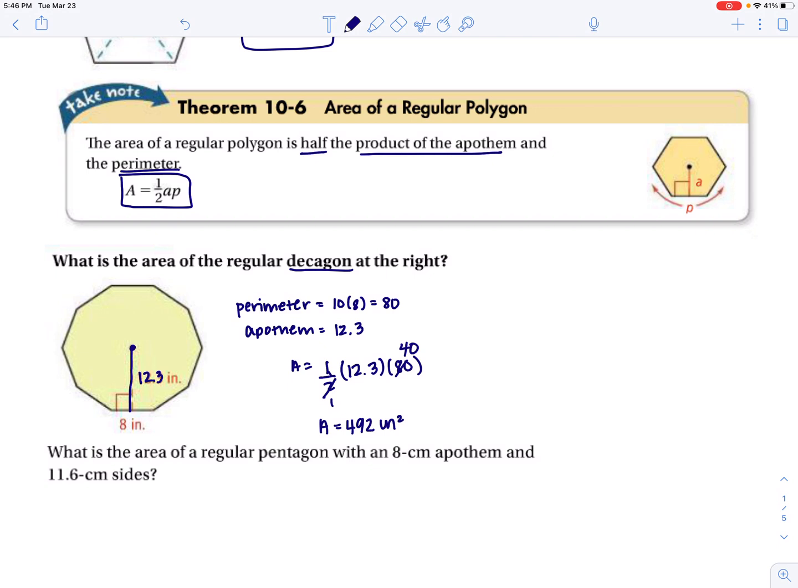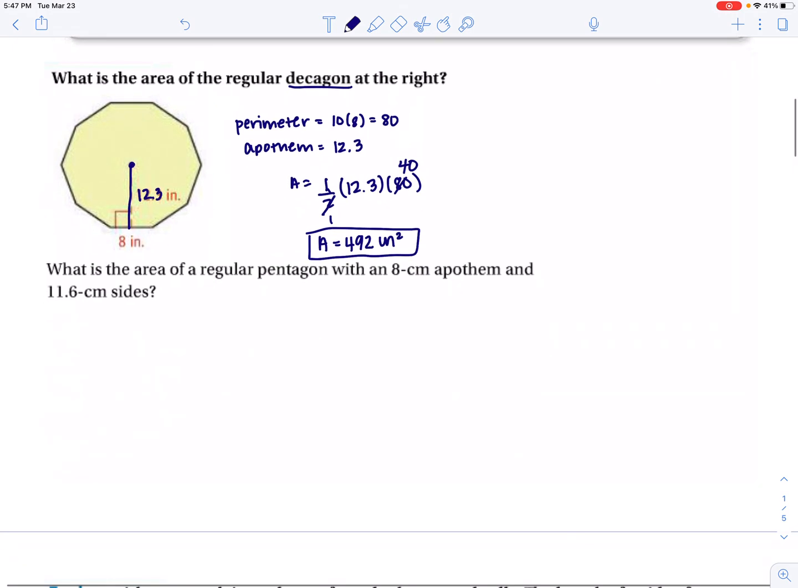And that is your answer. The next one, what is the area of a regular pentagon? So pentagon, we know we have 5 sides with an 8 centimeter apothem and 11.6 centimeter sides. So for my perimeter, I'm going to take 5 because I have 5 sides and each of them is 11.6. So 5 times 11.6